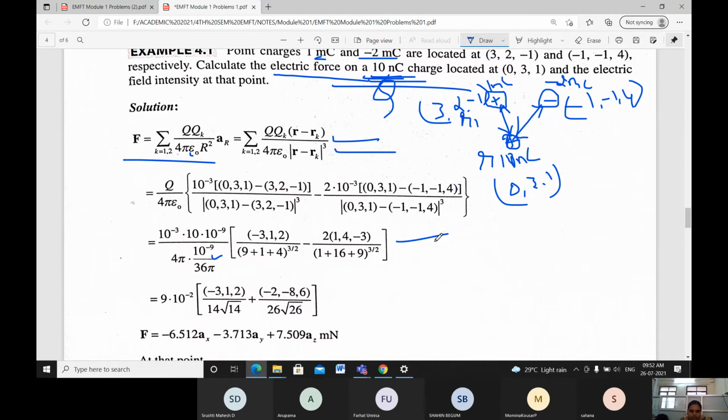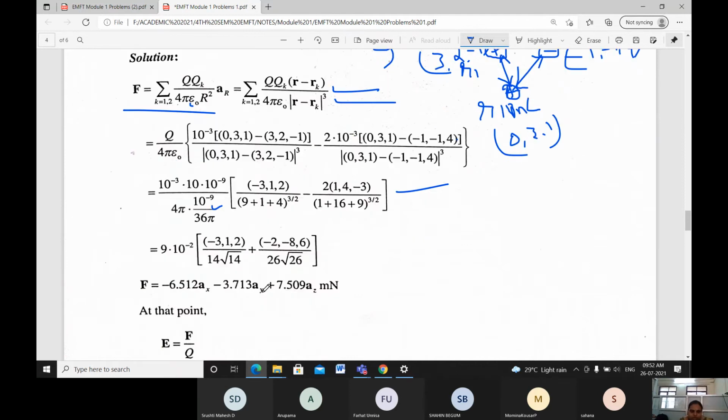Use your calculator and go on solving. One more thing: when you use the calculator, don't directly enter all the values at a time. Go part by part; even though the steps increase, it's okay. Do each small part of the calculation, write it, and then go on solving. Or else you'll get errors or wrong values. For that reason, first calculate only this part, substitute it, then the above part, and then go with the final value.